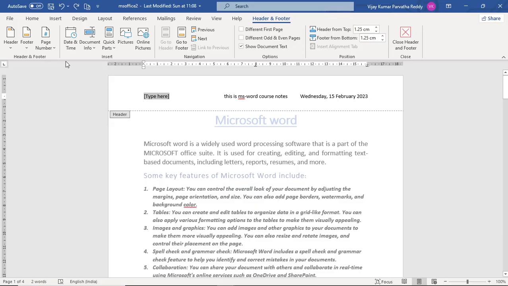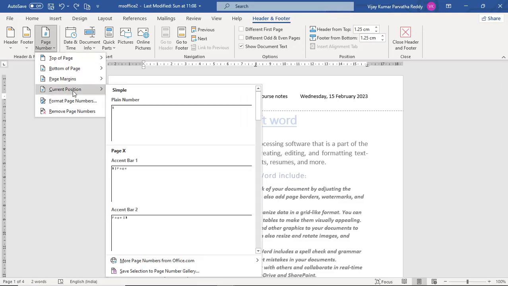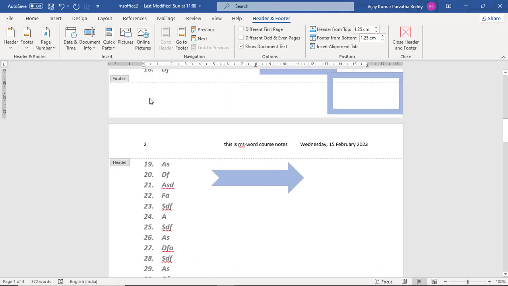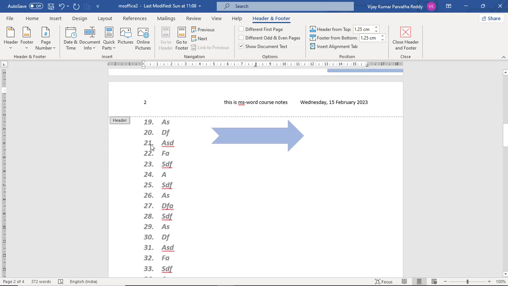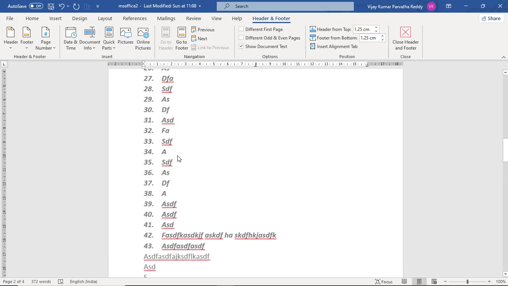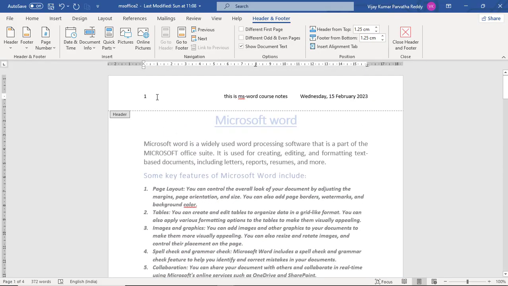And see, page numbers, current position I am giving, just current position. So, that keeps the remaining parts, and currently it is giving page number 1. If you go to the second page, automatically that will be page number 2 and page number 3. Like that you can insert the page numbers.